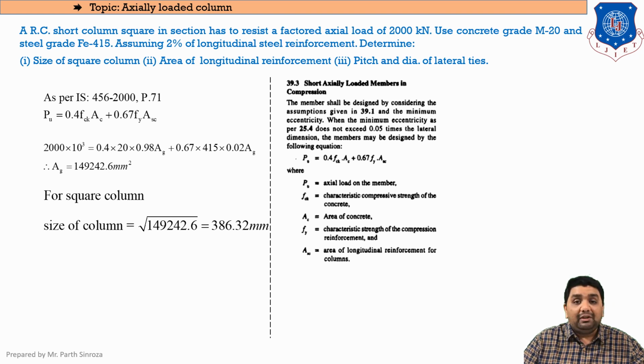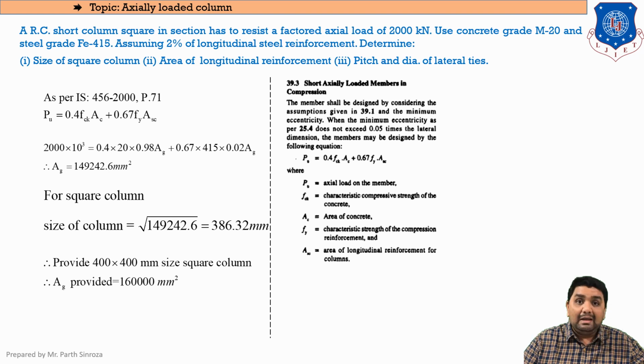Now as we know that we need to round it off, we will always be rounding it off to the next higher whole number, that is 400 mm. In the terms of column, keep in mind you always need to round it off to a particular whole number. Let us say 350 mm, 400 mm, 450 mm, etc. If you round it off here to 390, it will be good, but it will not be practically feasible to construct a column of size 390 mm.